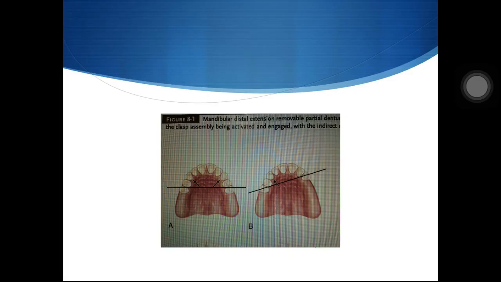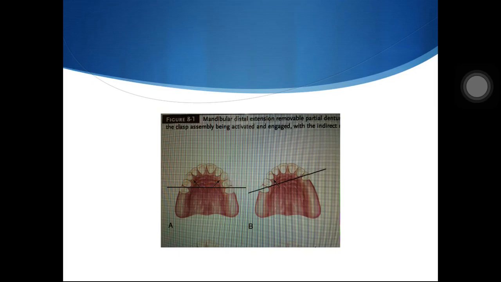Here we can see that this is Kennedy's class 1 and this is the imaginary fulcrum line which is passing through the distal extension, the last standing abutments and their occlusal rests. The most ideal would be the most away, which is the incisors, but incisors are very difficult to cope with indirect retainers. So the most ideal teeth that are considered for indirect retention are the first premolars